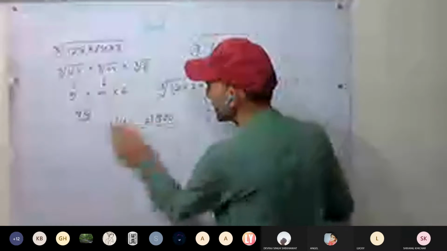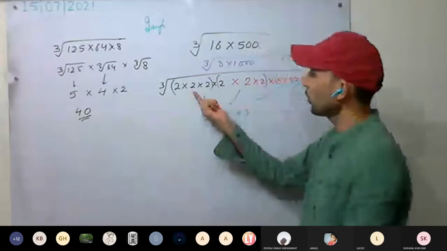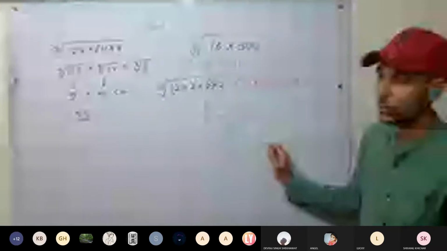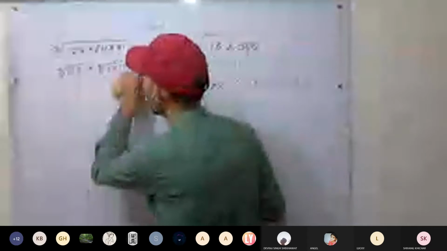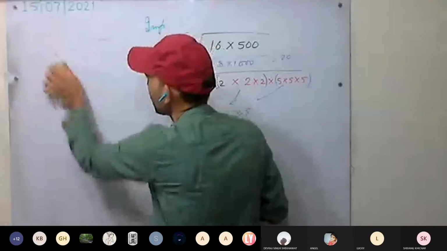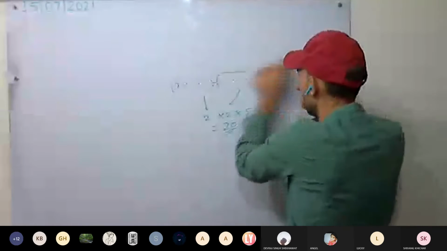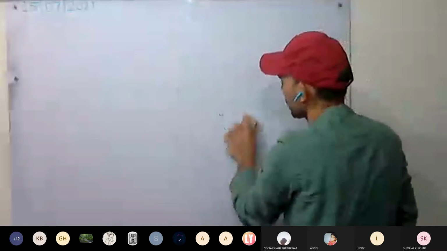You all have understood it? So this is the most basic method. If you do not know anything, come here, you'll get the answer, okay? Come to this method and this method will give you the answer, okay? Okay, try the next one. So if a negative sign is there, first we'll throw the negative sign out of the